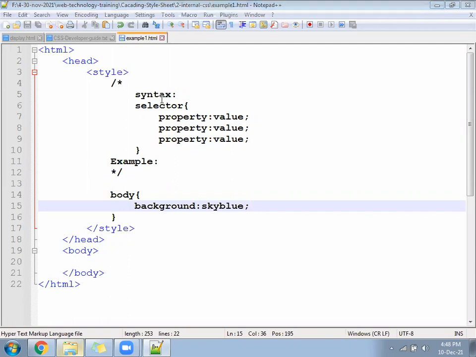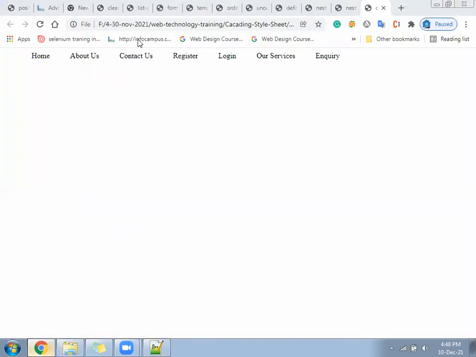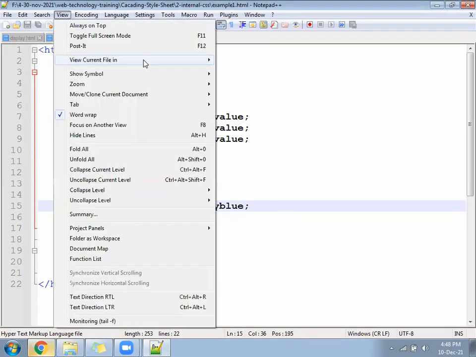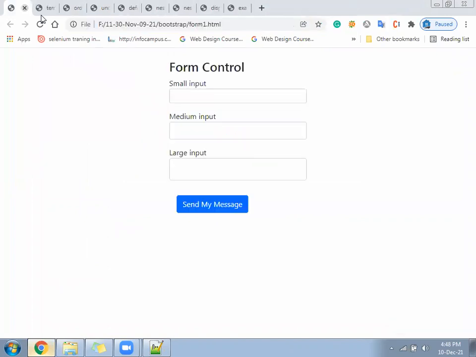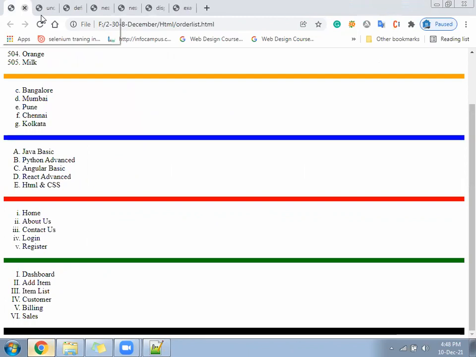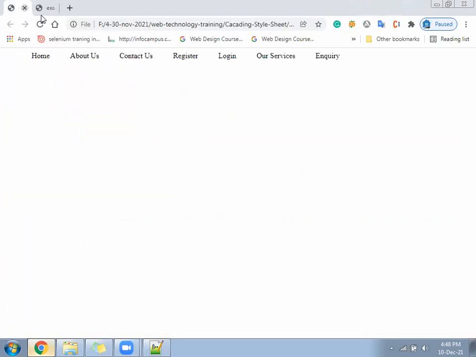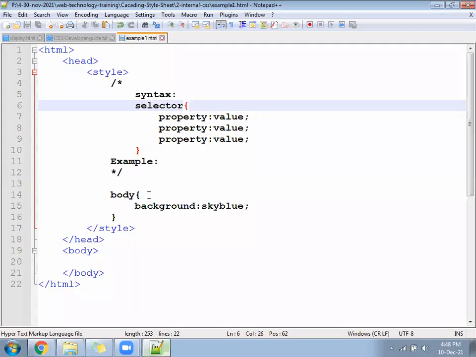Good. See, body is taking the place of the selector.